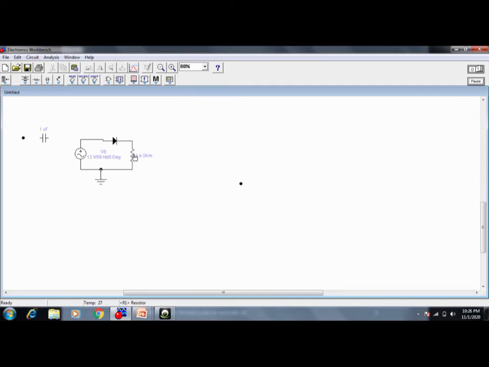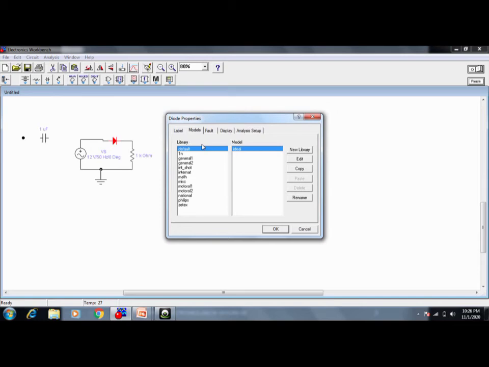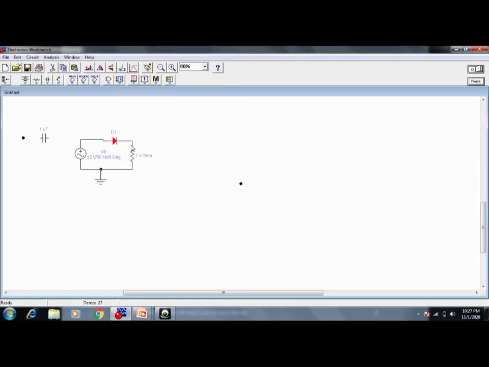Okay, and if you want to change the resistor, or if you want to give any label to this resistor and the diode, you can give. Just select, double click, you are going to get the label, and the values are there for the diode. If you want to change, you can change, but presently I want to use only the default value, and I want to give the label as D1. Let us give D1 as its label. Click on OK. So here you are going to see the D1.